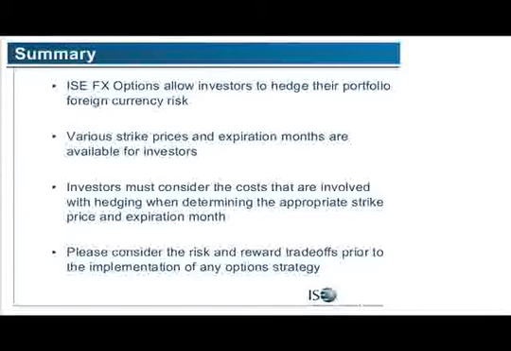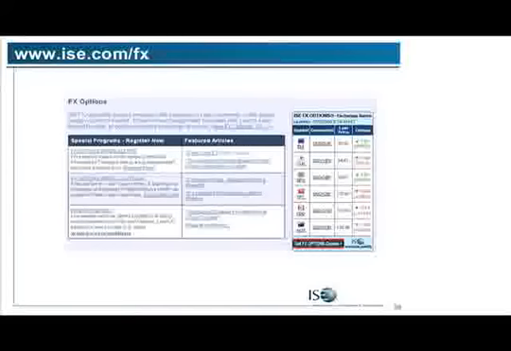Lots of strike prices, lots of months. You must consider the costs. As I showed you, the costs are greatest for the in-the-money options. They're cheapest for the out-of-the-money options, with the most potential risk if your currency moves away from you and that exposure that you're subjected to starts to come to be. Then the out-of-the-money option is not going to help you until you get to that strike price. You need to think about risk-reward.